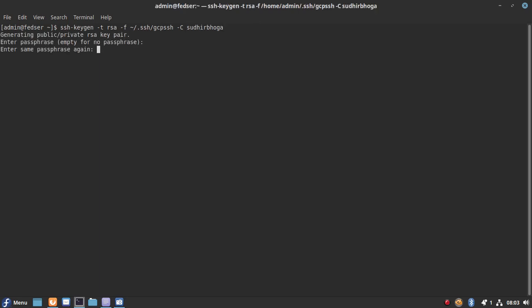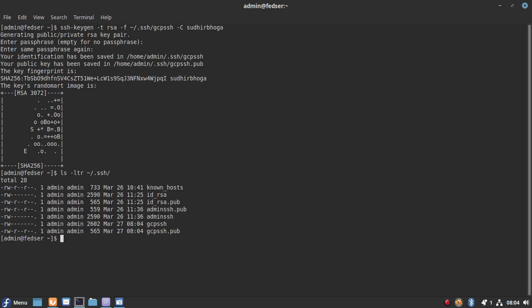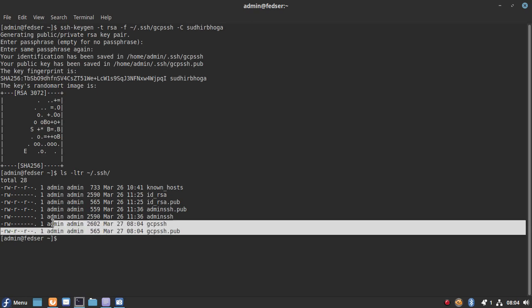I'm keeping the default for everything. So as you can see, it creates GCP SSH related public and private keys in the .ssh hidden folder. You can see these are the two files that got created, GCP SSH.